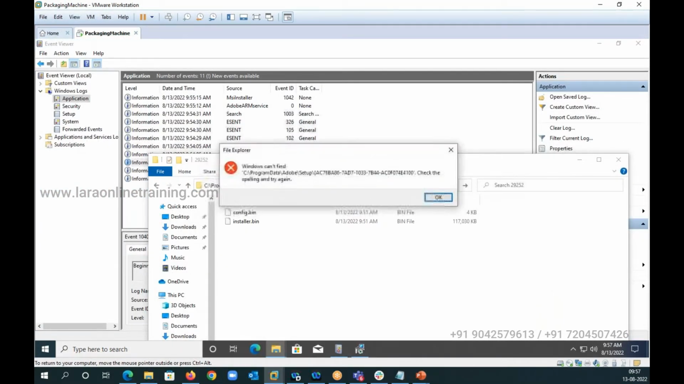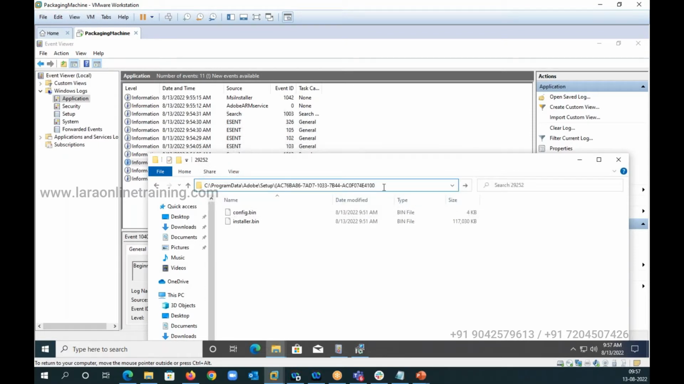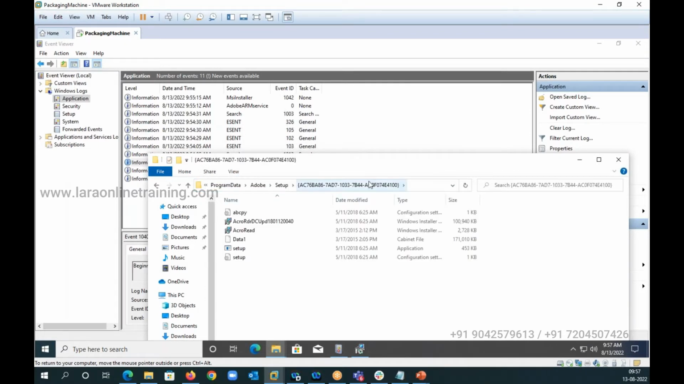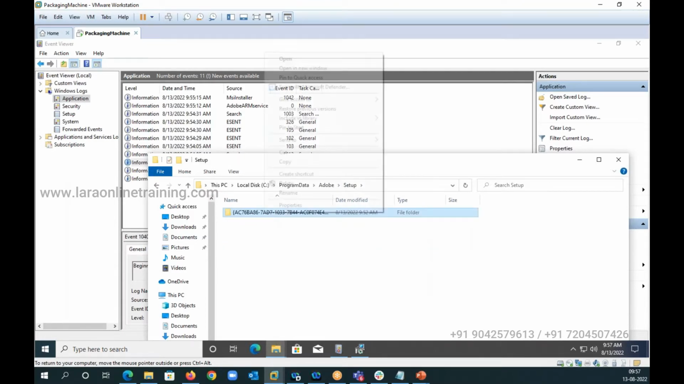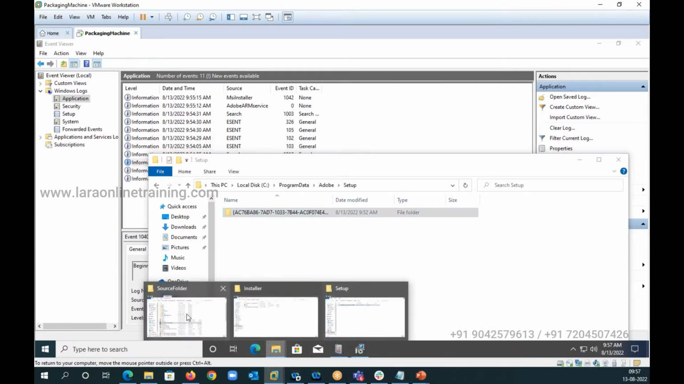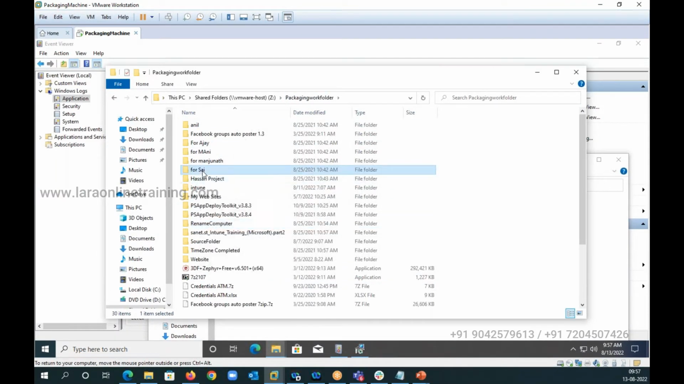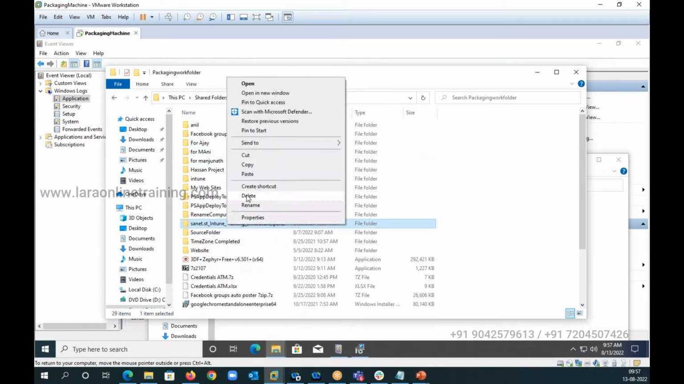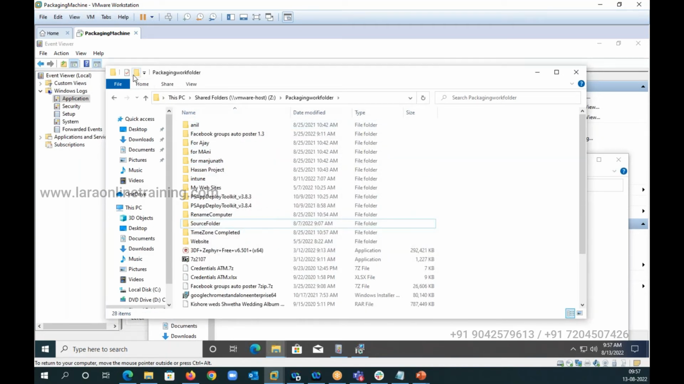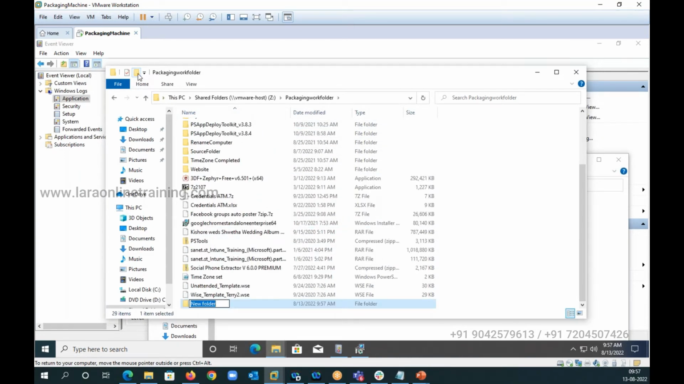And I'll paste it here. You see, I have a list of files that was used for installation. I'm going to copy this. I'm going to go to my share location. I'm going to create a new folder. I'll name it as